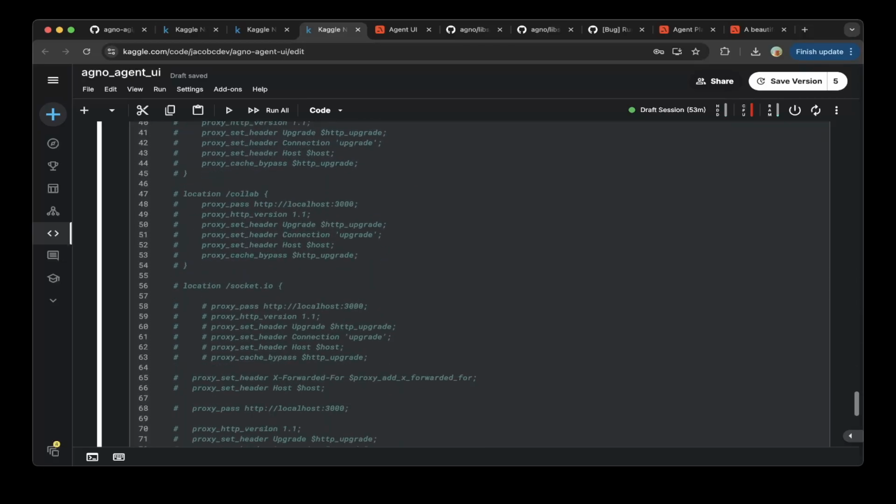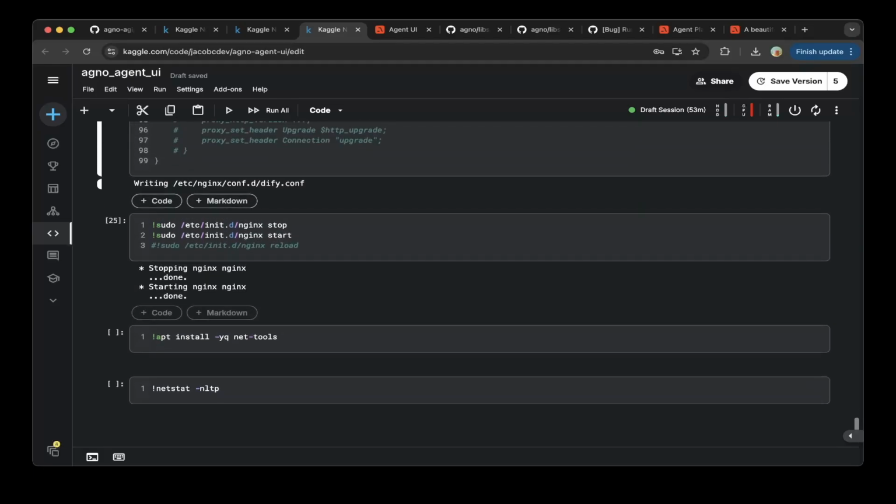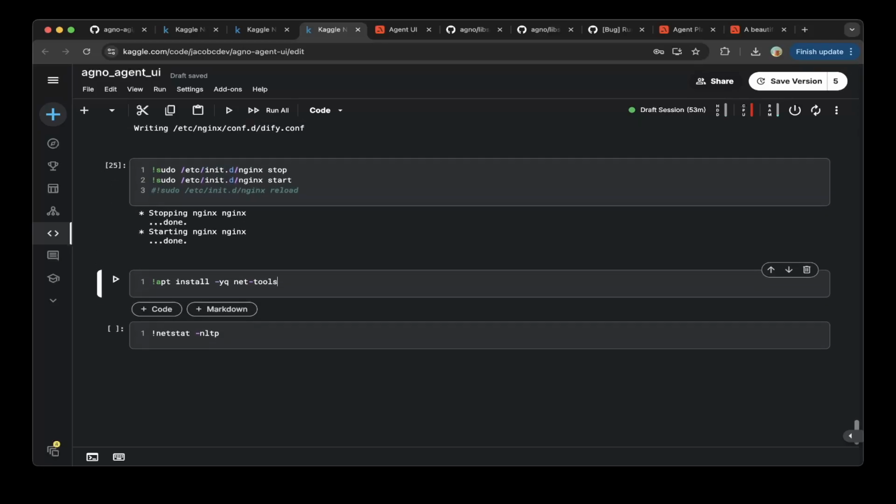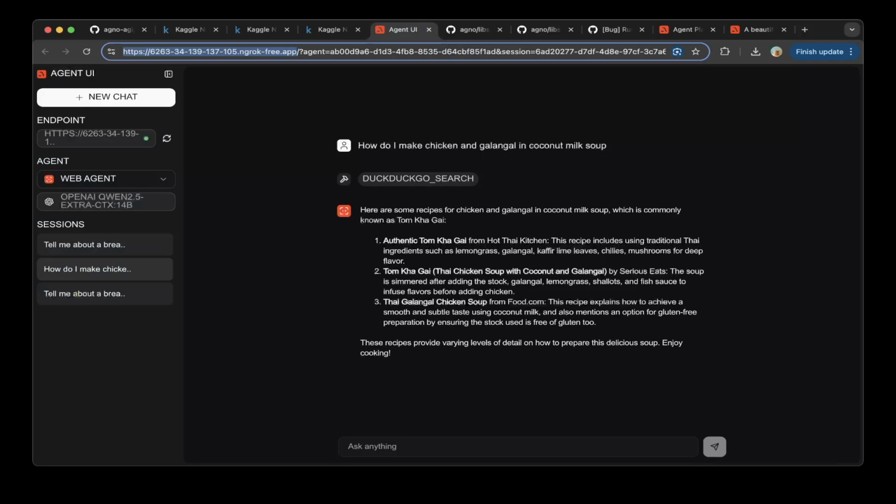That should be it. Then after that, make sure you do the Nginx stop and start. This will start Nginx. And after that, make sure you check the port is available. So you can see this port is available. Also just install the net tools. You can check things like netstat and so on and so forth. And after everything is set up, you can load this WebUI just using the URL